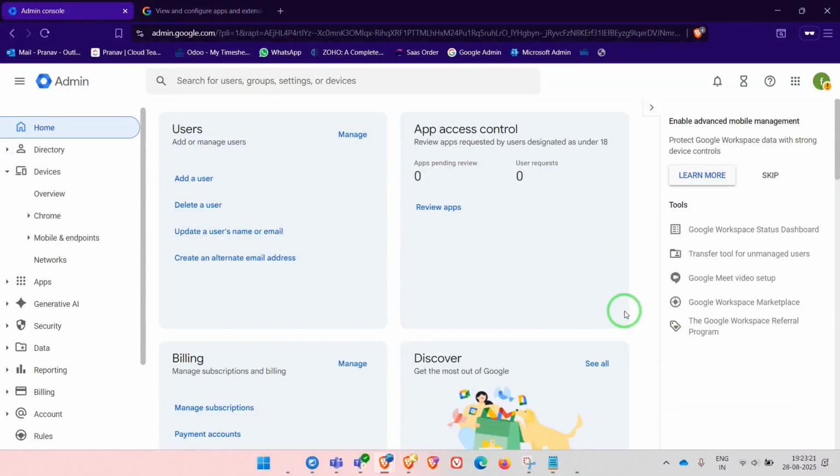Hi everyone, welcome back. In this video, I'll show you how to add Chrome apps to your organization using Google Admin Console. With this, you can control which apps are available, block unwanted ones, or even force install for the